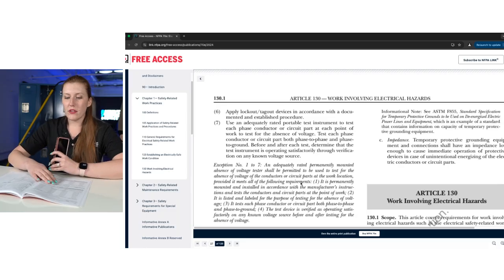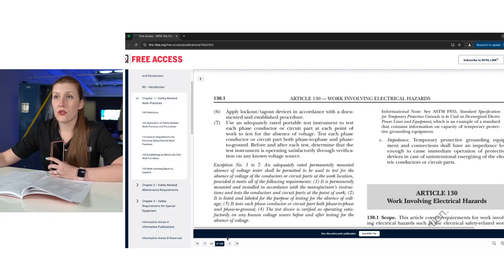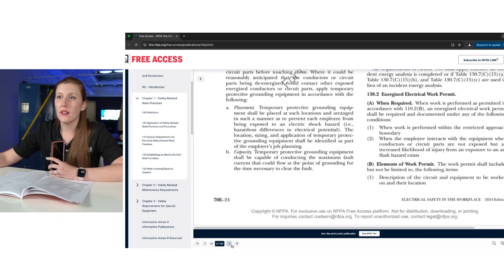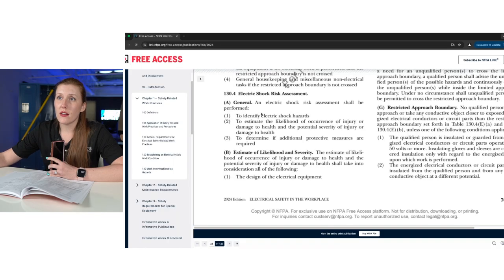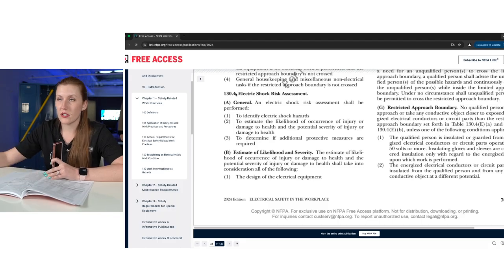Okay, some other things that got updated, like electric shock instead of just shock, because there's multiple types of shock. So whenever you go around and you're looking at the standard, instead of saying, you know, shock risk assessment, everything's going to say electric shock risk assessment. Now there's also the shock wave from arc blasts and the capacitive energy discharge that they've taken into consideration as well. Okay, so stuff like that.